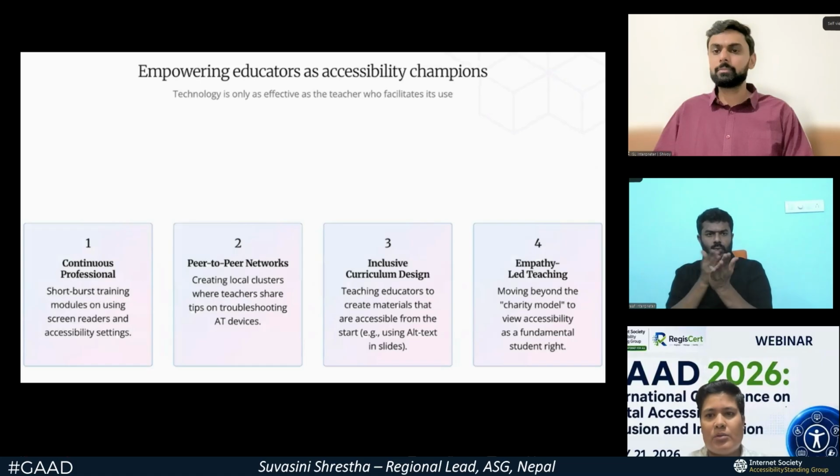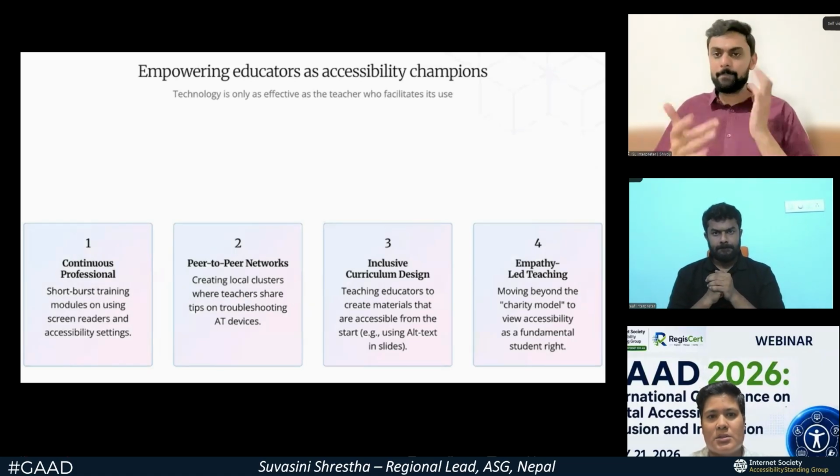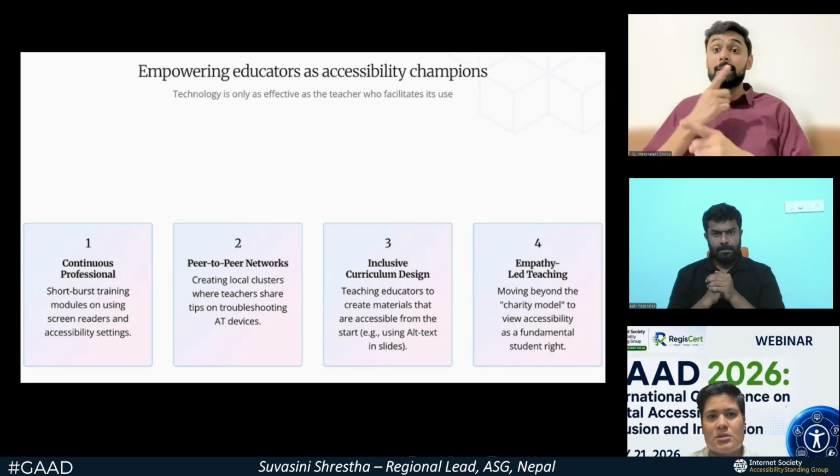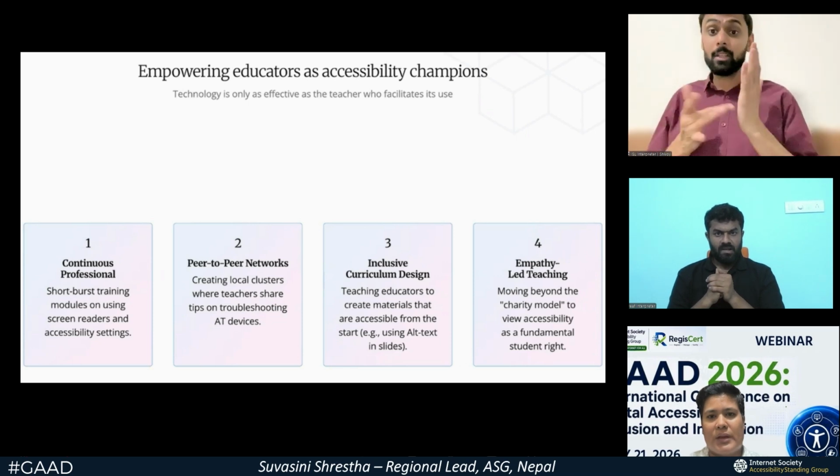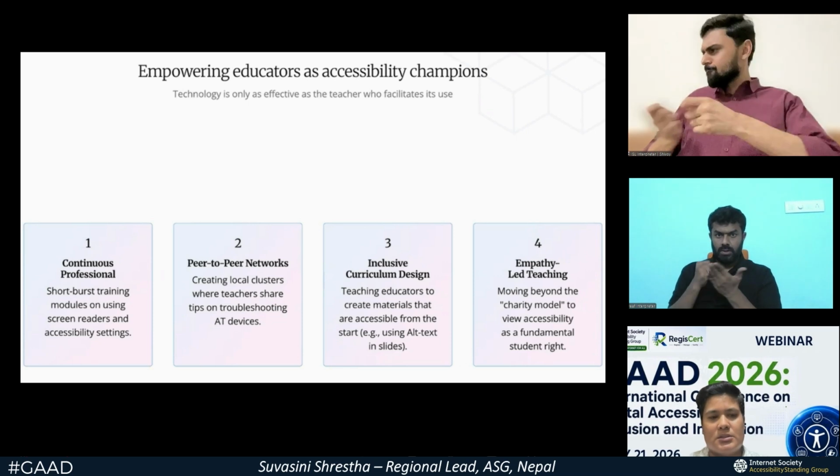Talking about assistive technology, we should also empower the educators as accessibility champions, because technology is only as effective as the teachers who facilitate its use.